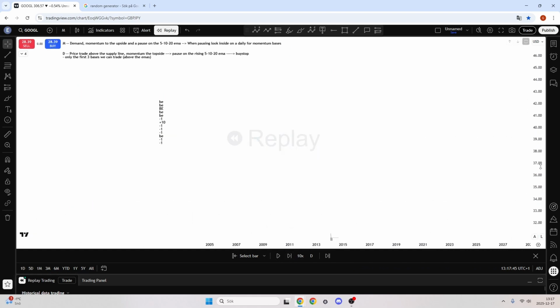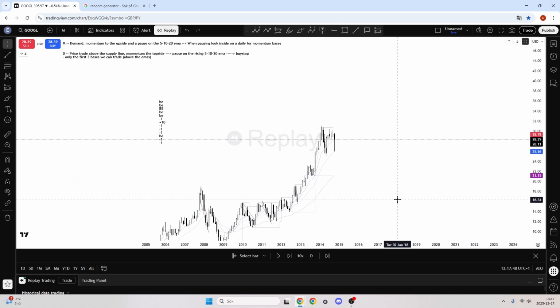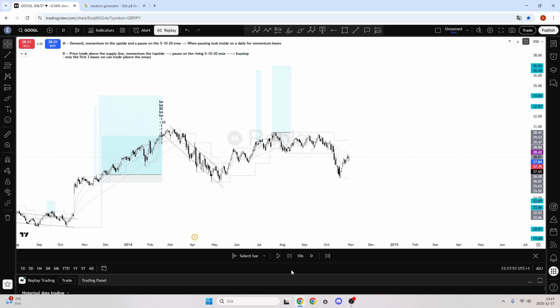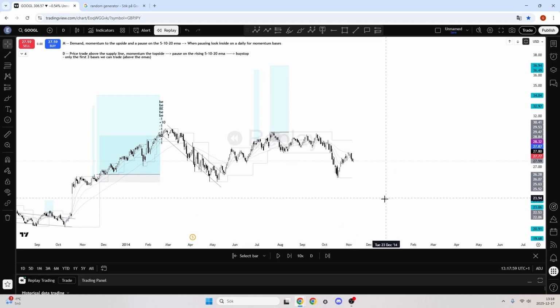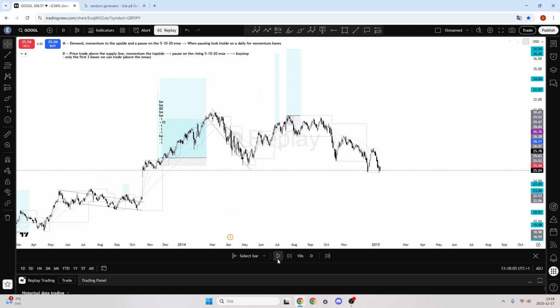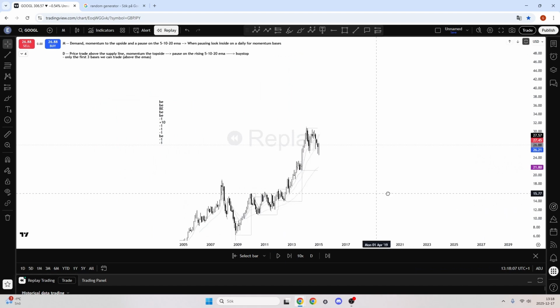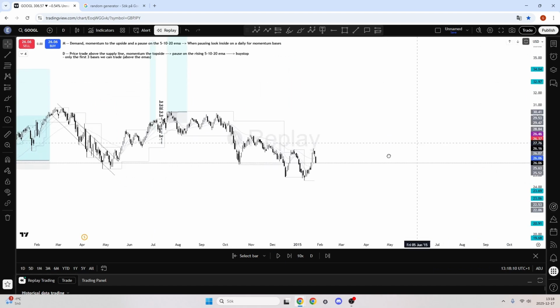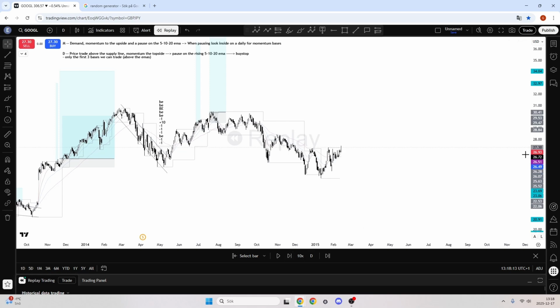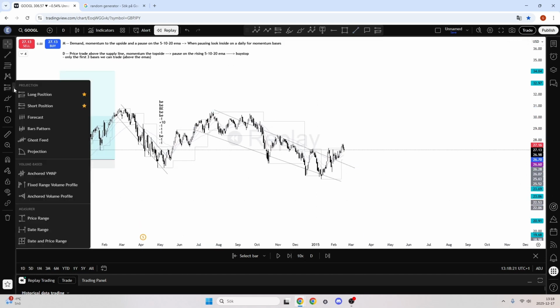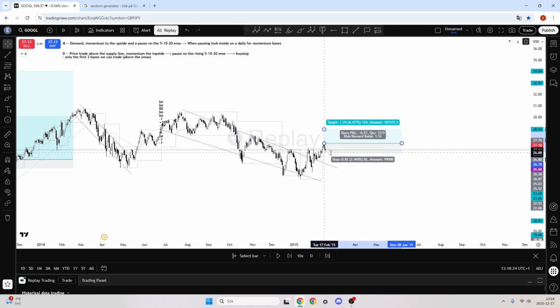Let's check the monthly. So you kind of have your supply line just like this. There are no perfect ways of drawing the supply line. So you guys know. Alright, so we're flushing deeper here. Let's check the monthly. Still pausing on the 20 EMA. Alright, so I see this supply line just like this. So let's just wait for an up move, just like that, and a buy stop at this point right there,